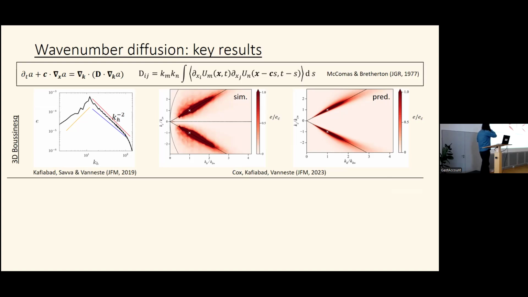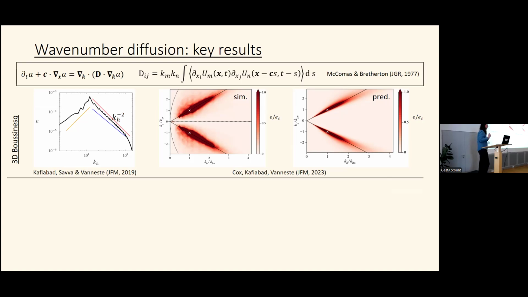So what we have here is the wave energy spectrum as a function of horizontal wavenumber. And the diffusion equation predicts that this is a spectrum that goes like horizontal wavenumber to the -2. So you have this nice parallel, and indeed that's what you see from the Boussinesq simulation. In this work, they assumed that the background eddy was so slowly evolving it could be considered stationary. And in the 2023 paper that we did together,